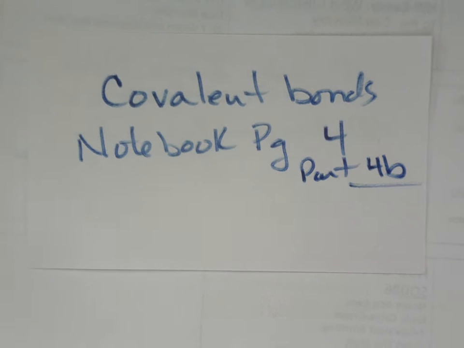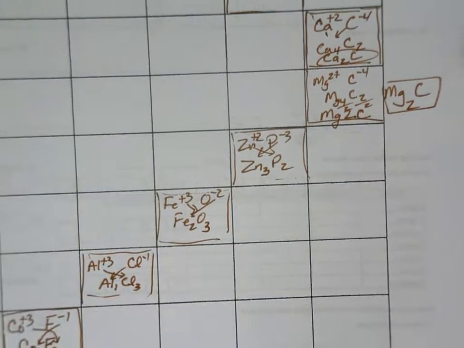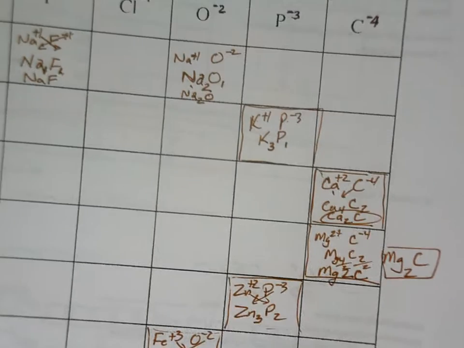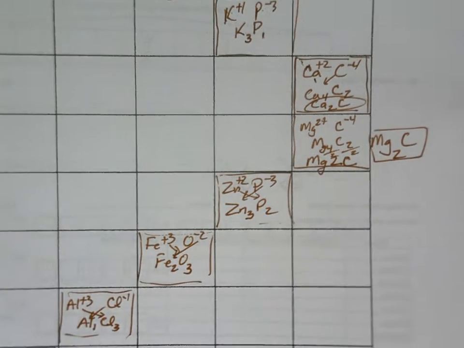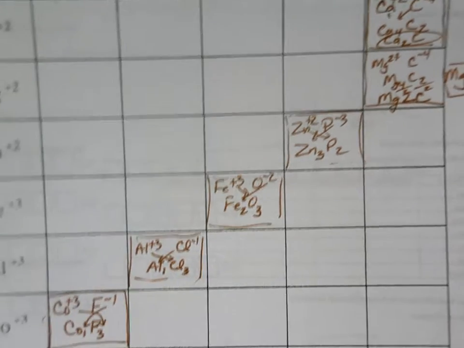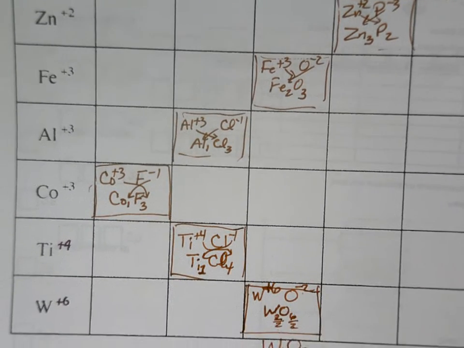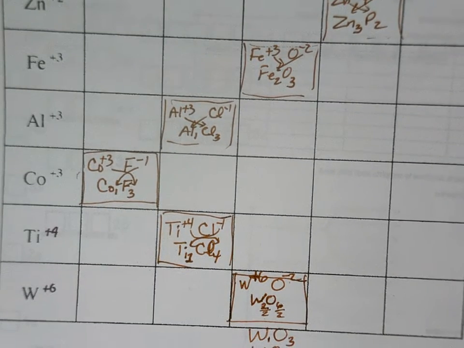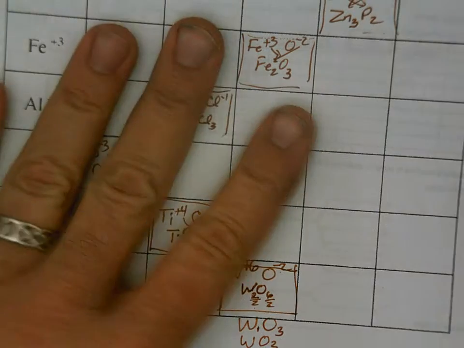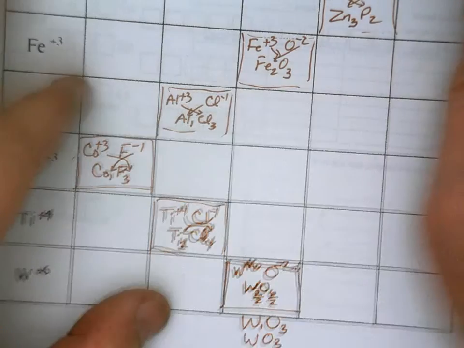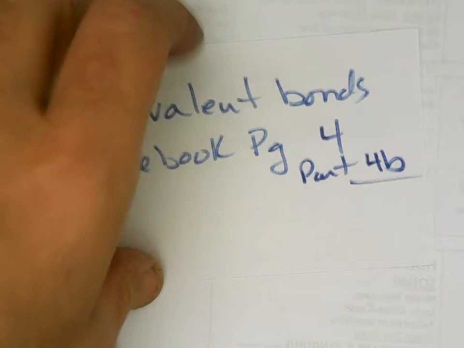Well, I hope you were able to successfully figure out all of these different answers on your ionic bonding crisscross method, and they were available with the sub. You can take a look there and see, and we'll go over these next time I'm in class with you as well. So we're going to continue on now with the next type of bonding, and we'll revisit this and work together. So in your notebooks,